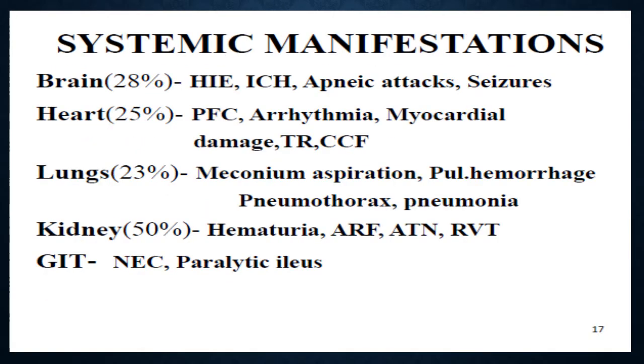What about the systemic manifestations of a baby presented with fetal asphyxia? We can talk systematically about this picture, talking about the most grave picture regarding the brain, the heart, the lungs, the kidneys, and also less important structures like the GIT. We talked about the ischemic encephalopathy. Also, it can lead to intracranial hemorrhage, for example, some cardiac diseases like arrhythmias, congestive heart failure. Also, in the lungs, the very important picture like meconium aspiration syndrome and any other damage to any essential organ.